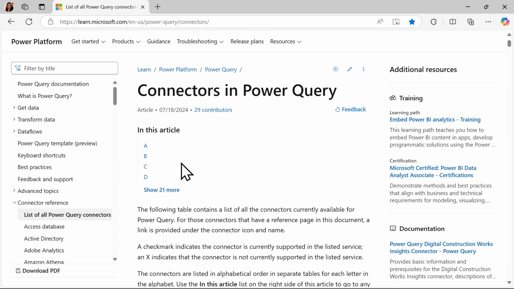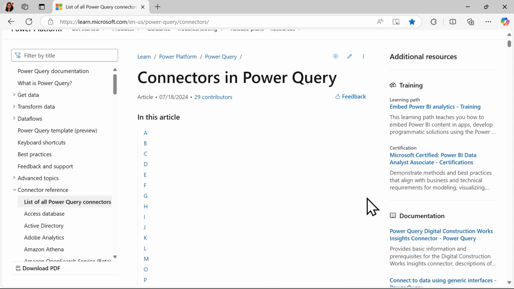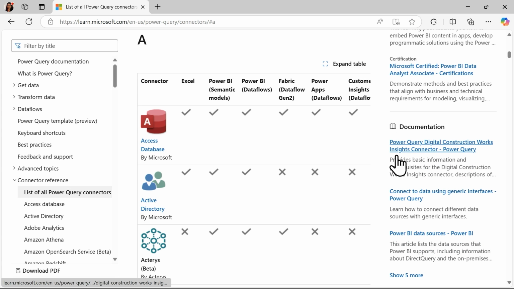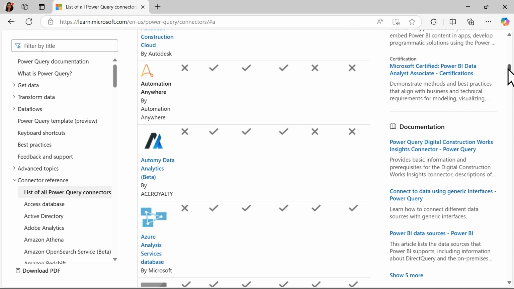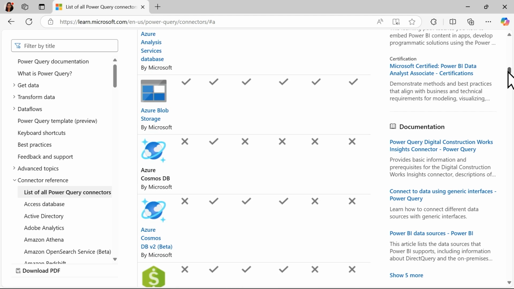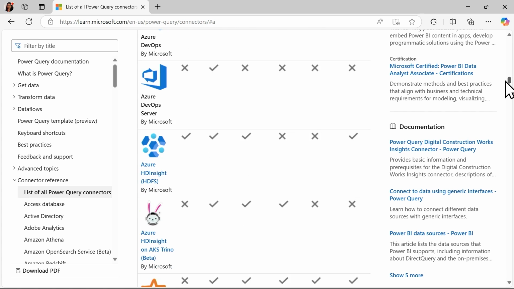We have so many that we've alphabetized them. So you can click on the first one and go through, and it shows you what they can connect to Dataflow-wise, Fabric, and Power BI-wise, even Excel. This might go a little further than what we wanted, but hopefully you can find the connector that you need to use.